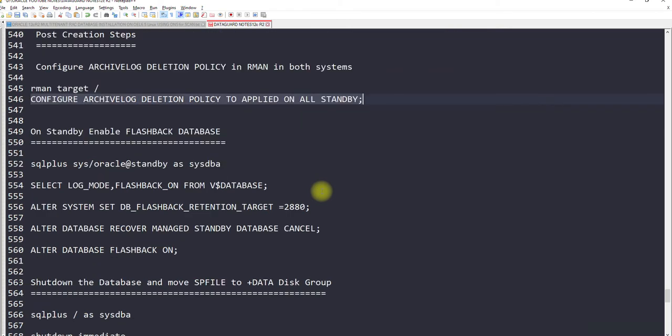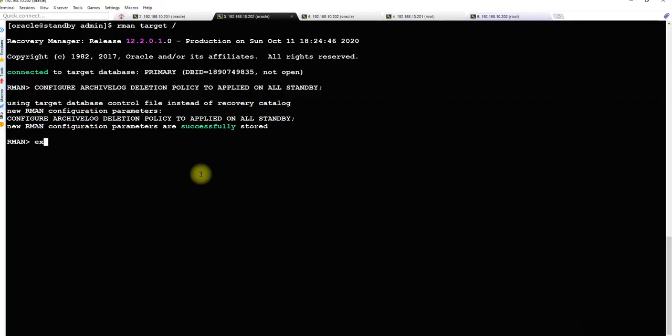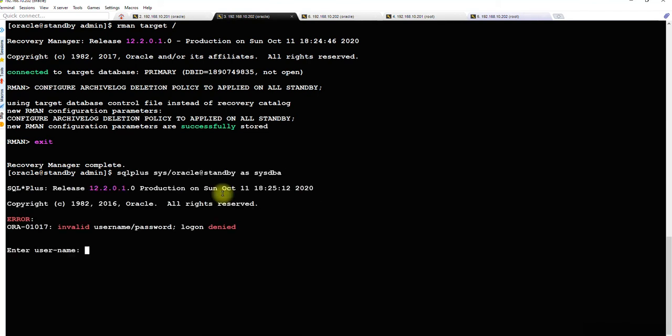Okay, let's enable the flashback database on the standby database. For that you have to connect using the TNS descriptor standby, the name you have provided in the tnsnames.ora file. Somehow I'm not able to connect using standby. What is the reason?